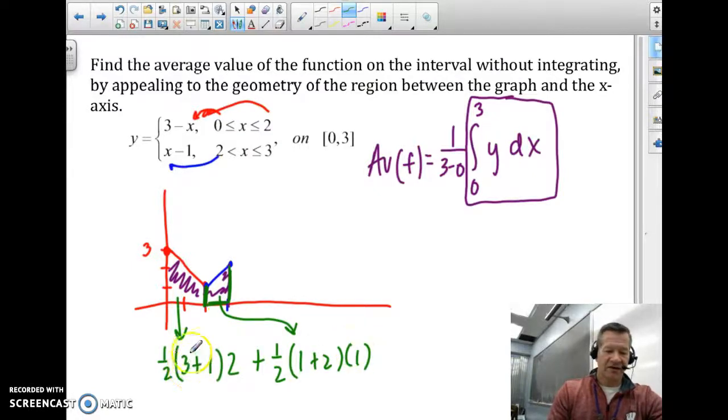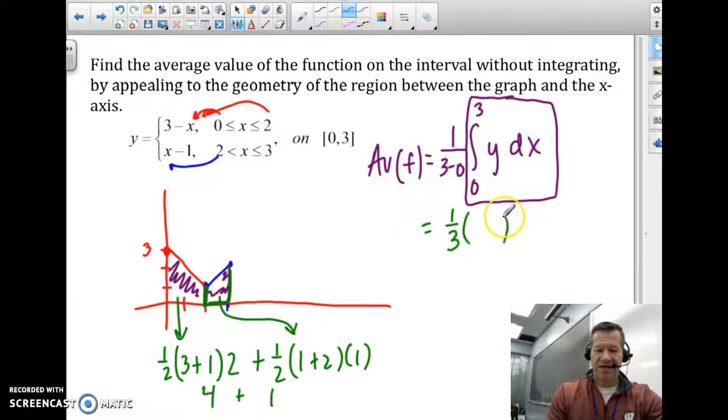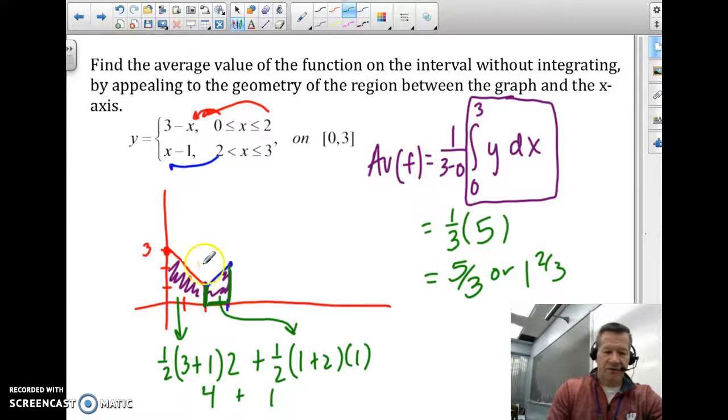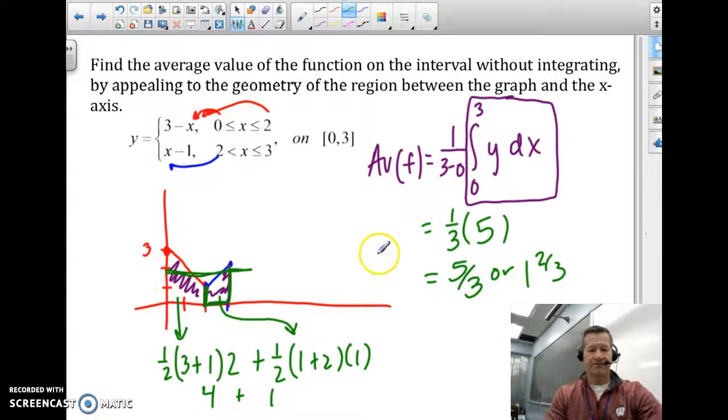Calculating that, 3 and 1 make 4. Half of 4 is 2, times 2 is 4, plus 1 plus 2 is 3, and half of 3 is 1.5. So the value of this integral is 5.5